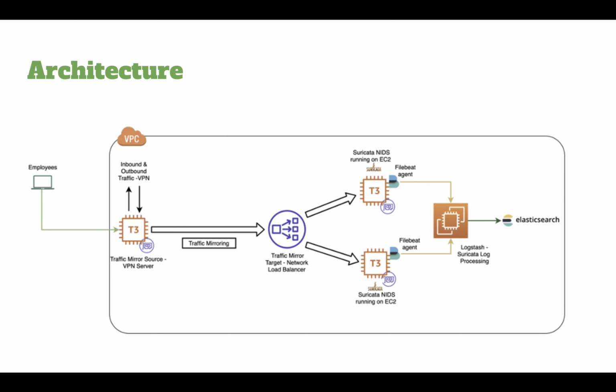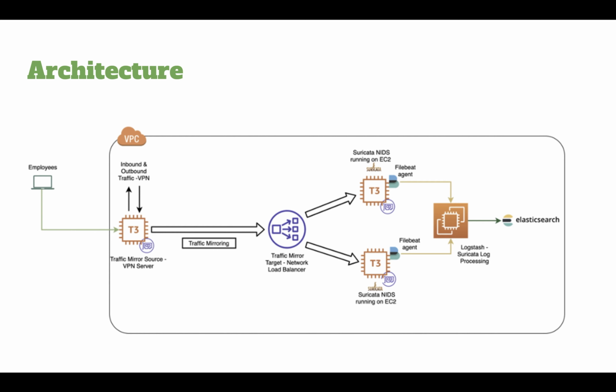employees to connect. The reason we have used our VPN server in this particular case is that since COVID, our entire workforce has moved to work from home, and everybody has to connect to our VPN to access our infrastructure. And we want to keep a close eye on what kind of data or network traffic is flowing to and fro from here, considering that all our employees are working remote and their systems might be compromised or things of such sort might happen. So if you can see in the picture, we are forwarding all the VPN traffic to two different instances,